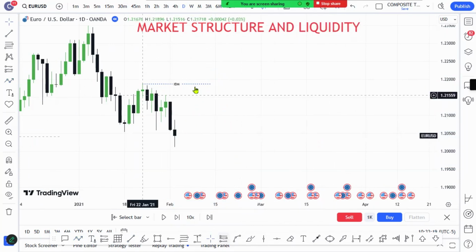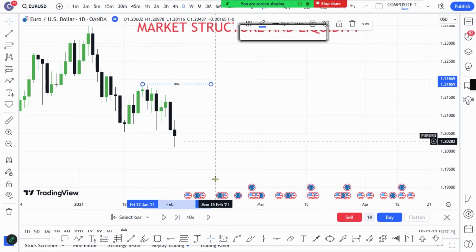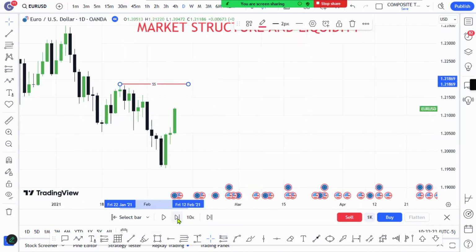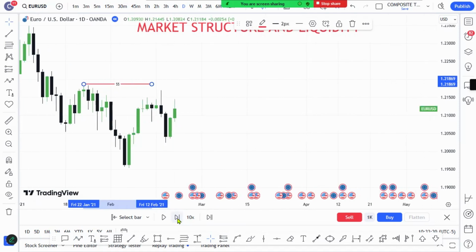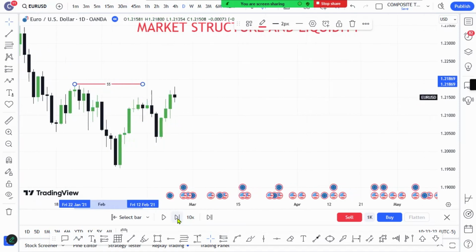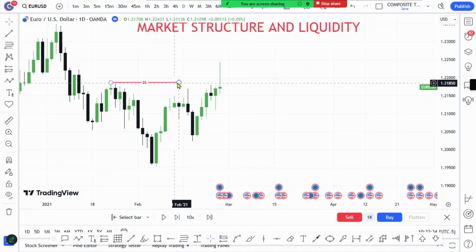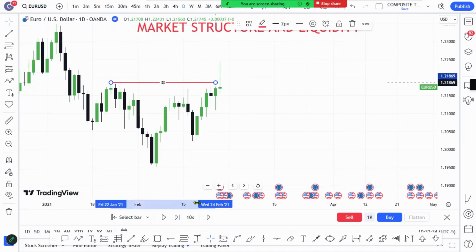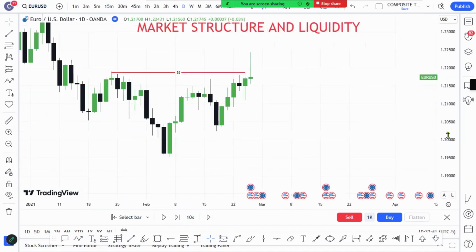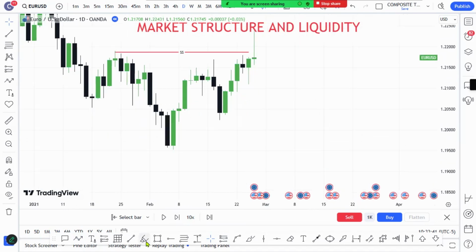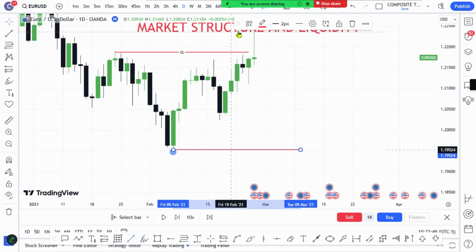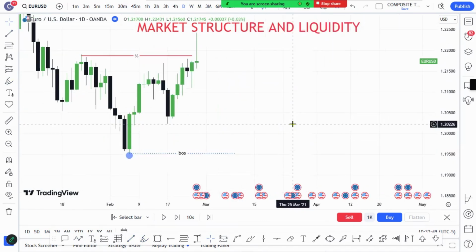So that's the liquidity level. It has to be taken out. Okay, let's see what happens. Price kept going down. Okay, failing to take out the level. Okay, now the liquidity level is being taken out. The liquidity level has now been taken out. Once the liquidity level has been taken out, we can confirm our lower low here, and this will be our break of structure. If the market breaks this structure here, then we confirm our protected high.